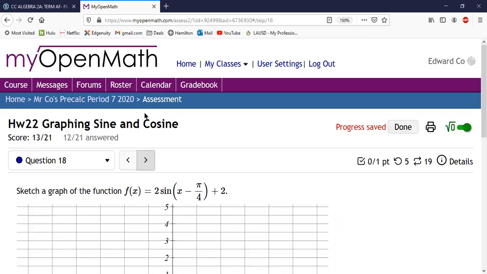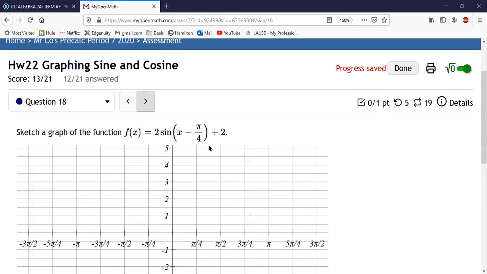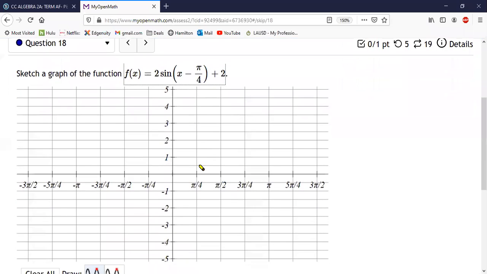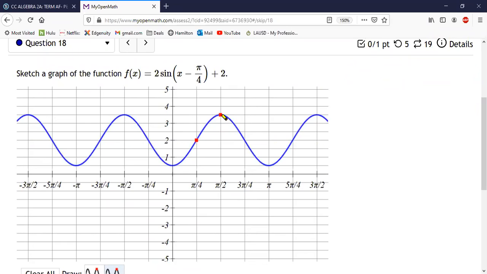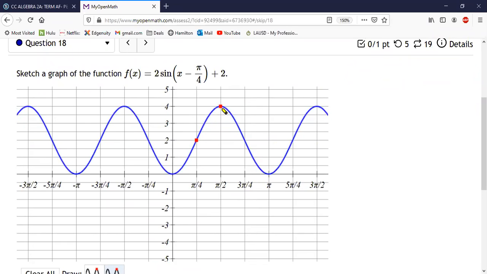Okay, we've done this a couple times already. Let's go ahead and talk about our phase shift. Oh no, phase shift. Great. So we have a c value here. Although it says negative, remember the form is bx minus c. So we're going to take this pi over 4 divided by 1. We're going to start at positive pi over 4. It's a sine graph, and the d value is 2. My c value is pi over 4, so c over b gives my phase shift to the front. The amplitude is up 2, down 2, and we want to end